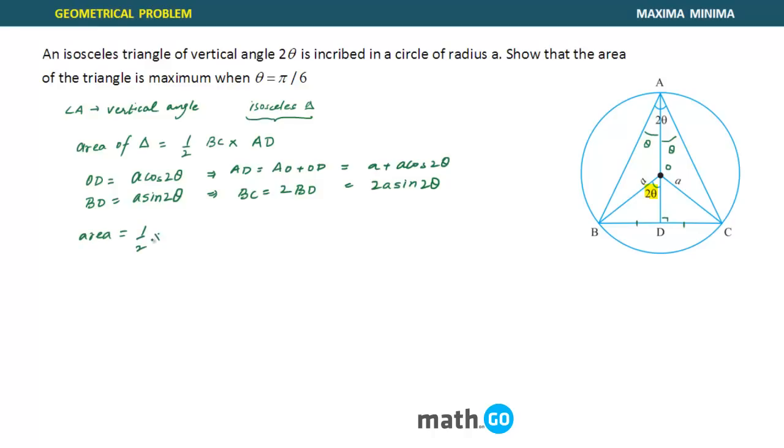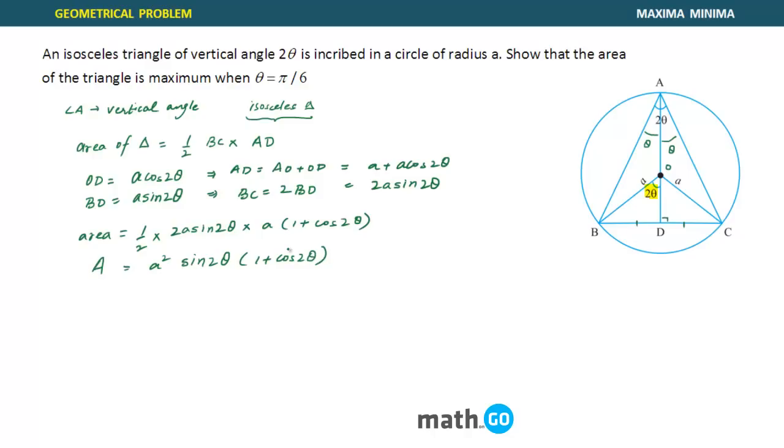Area is half into 2A sine 2 theta into, if you take A common, 1 plus cos 2 theta. Can you see that this again completely becomes a trigonometry problem? This becomes A square sine 2 theta into 1 plus cos 2 theta,